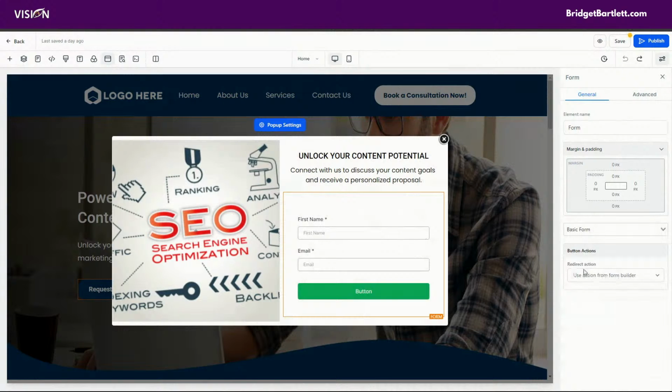Now we want to choose where we want to send them once they have submitted the form. Okay, so we're going to either use the action from the form builder, but remember, we changed that default so that it doesn't say the message. Now it's saying it's going to be going to a website address. Okay, so we don't want that. We want to choose our action here. So I'm going to say go to a website URL,